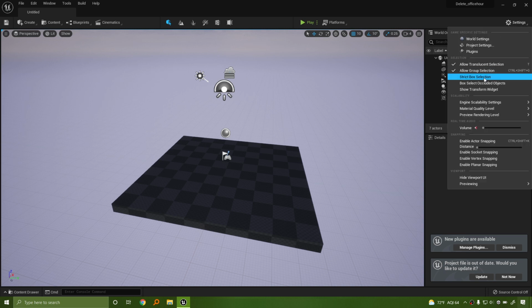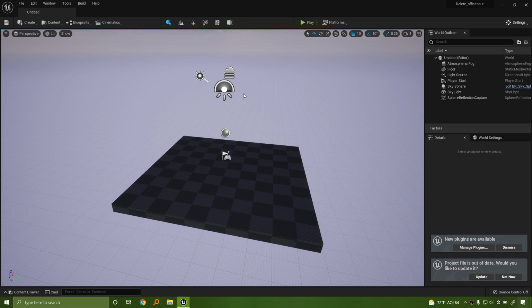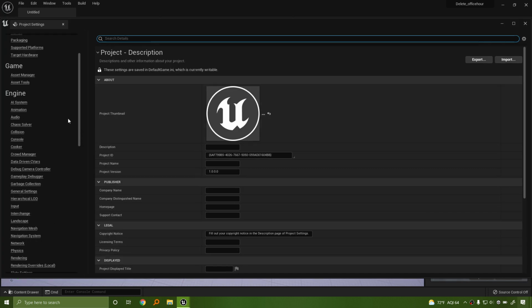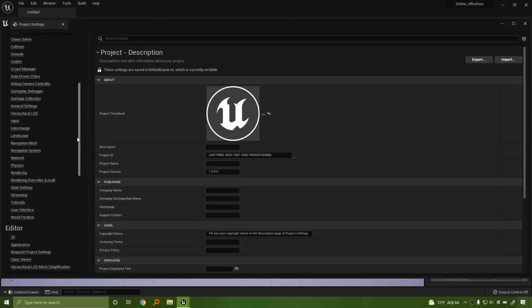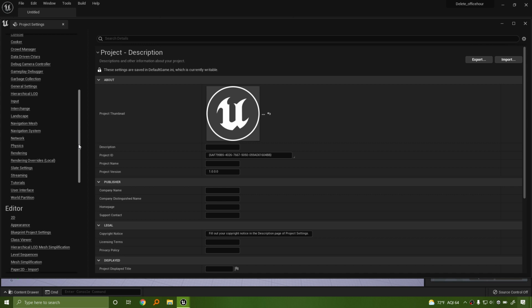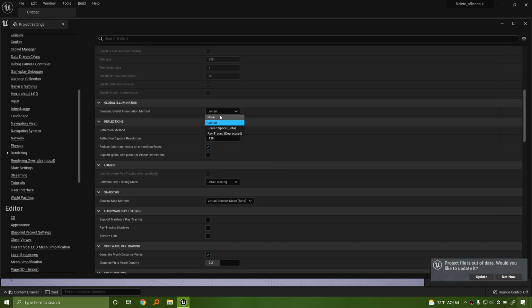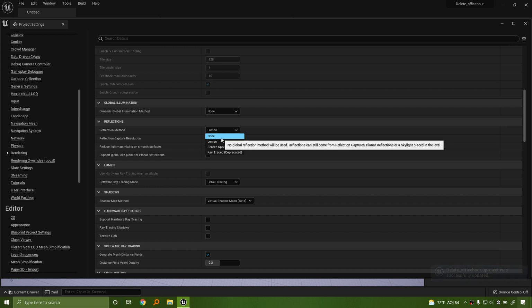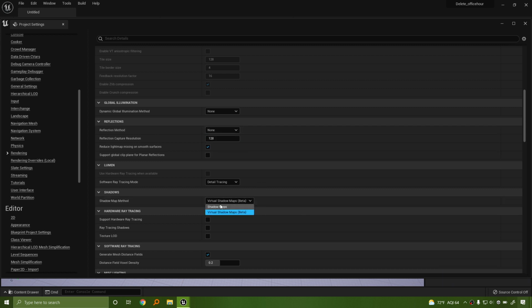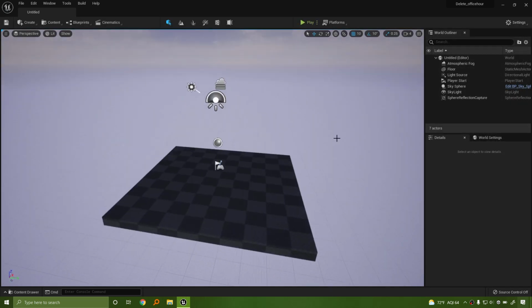Now, because my machine is going to be recording kind of slow because of Lumen, I have to go into the project settings and disable Lumen. From what I can tell, about half of you can run the engine just fine, and half of you can't. So that's fine. Yes, I'm going to update the project. I'm going to disable Lumen, and I'm going to disable the virtual shadow maps, and that should give me back all the speed that I need. Okay, cool.